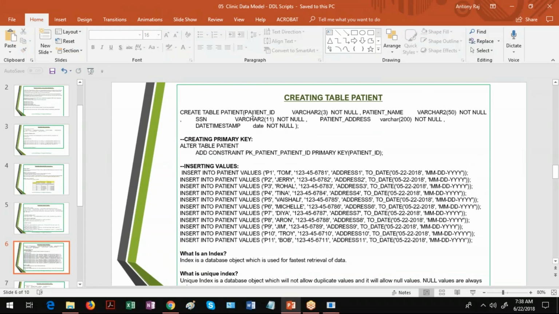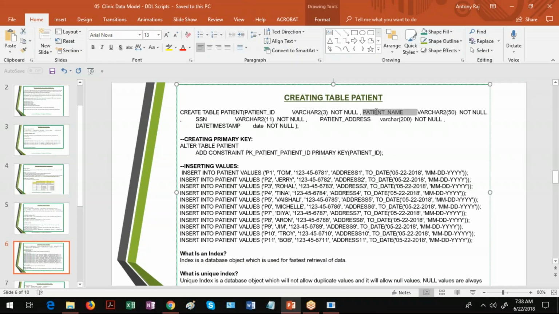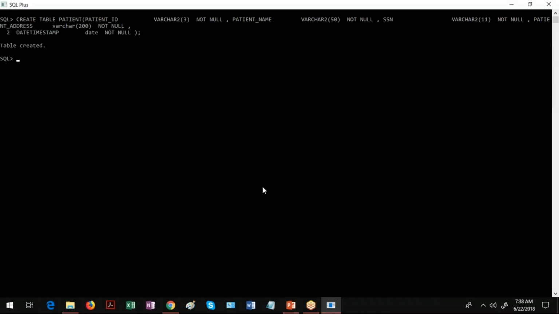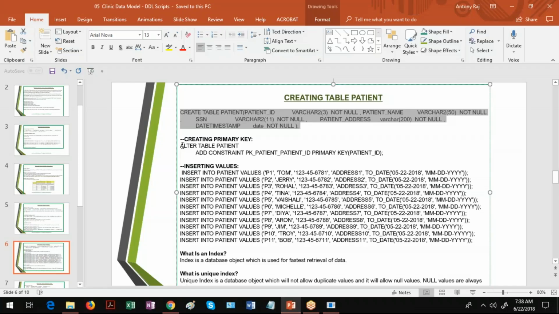It has patient ID, patient name, SSN, patient address, and date time stamp. For SSN, I am trying to create a unique constraint because SSN should always have unique values. Now the first step is to create the table. So patient table is created. Then I am creating a primary key.